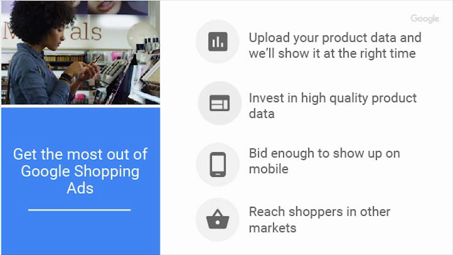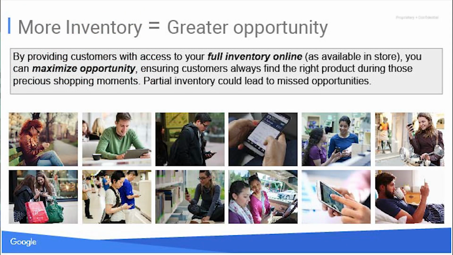So this is a really, really key point. We found those retailers that have had the most success do a good job of not only making sure their website has the same amount of products which they offer in store, but they're also making sure to upload their full product inventory to Google, right? If you're only sending us a fraction of your products, of course, you're very much limiting your opportunity. You have a lot of great products that you're not even giving users a chance to connect to you. One thing to keep in mind, right? We'll only generate the right products depending on the user query, and you only pay when a user clicks, right?